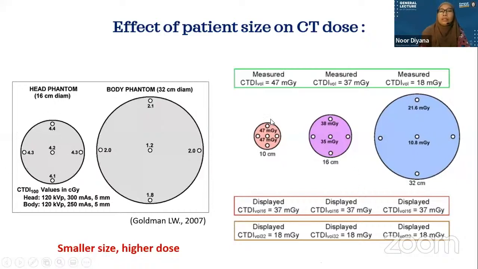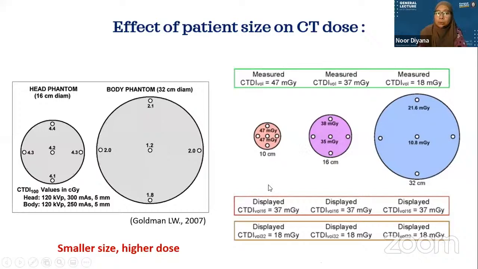So for example here we have 3 different sizes of phantom. One is 10 cm, 16 centimeter, and 32 centimeter. As you can see, the measured CTDI volume is higher in the smaller phantom compared to the larger size. And then the protocol that you use also